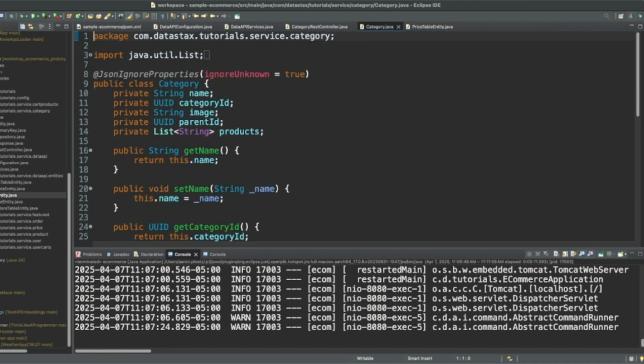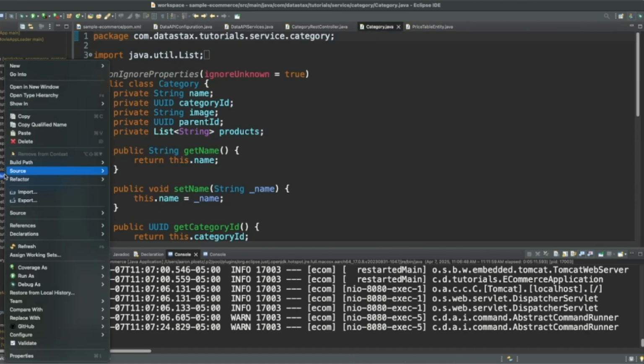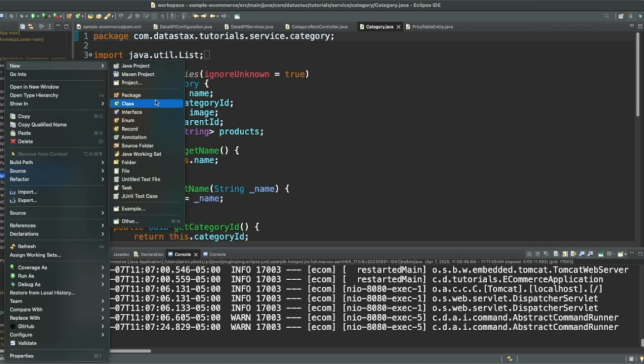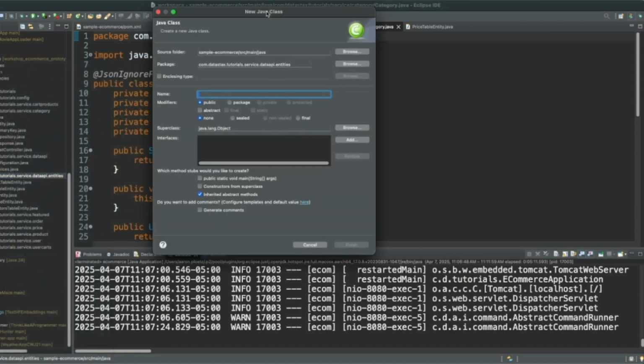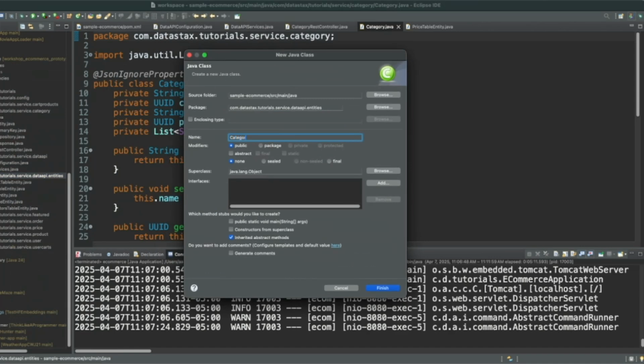What we're going to do is start by creating a new table entity class for the Table API. So let's just go new class, and we're going to say CategoryTableEntity, just like that.